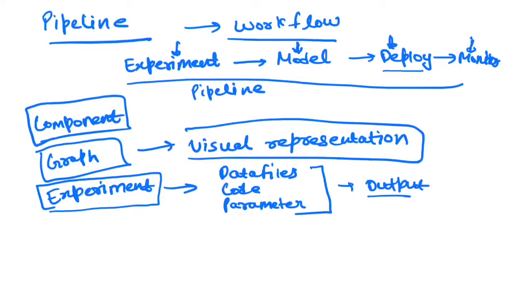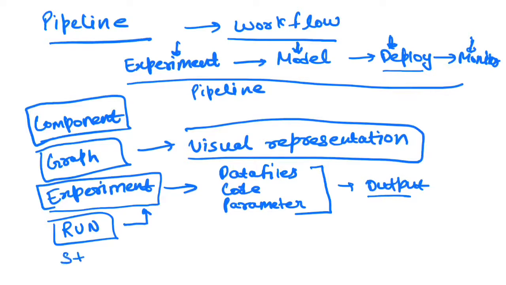So this is also one of the Kubeflow pipeline functionalities, that you can experiment with your model, and you can come up with a particular specific experiment to be the best experiment for your model. Then we have a run. So run is similar to, as I said, whenever you want to run any kind of experiment, then that particular experiment execution becomes your run. So run you can think of as an execution of your experiment.